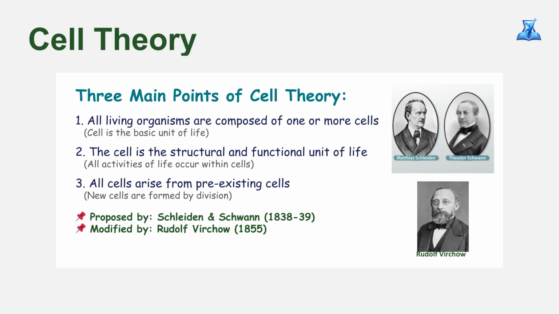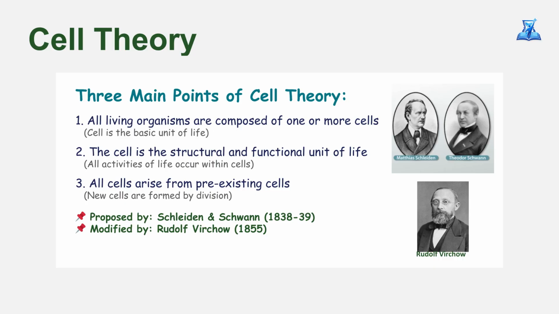Third, and perhaps most interesting, is that all cells come from pre-existing cells. This idea, which Virchow emphasized, tells us that new cells are formed through division, ensuring continuity and growth in living organisms. It's important to remember that this modern understanding of cells was built on the earlier work of Schleiden and Schwann. But Virchow's contribution in 1855 really solidified the concept that cells arise from other cells. Together, these points emphasize how central cells are to life, and how they connect all living things into a unified